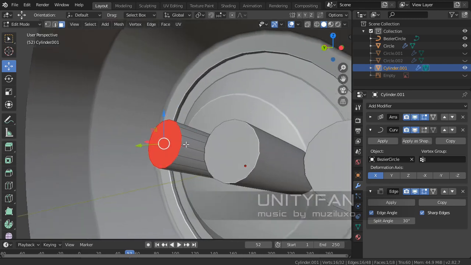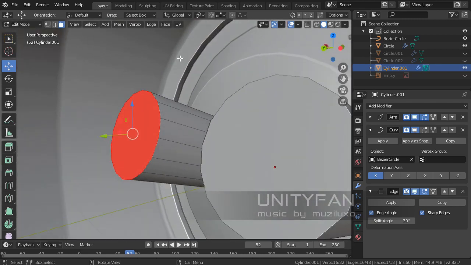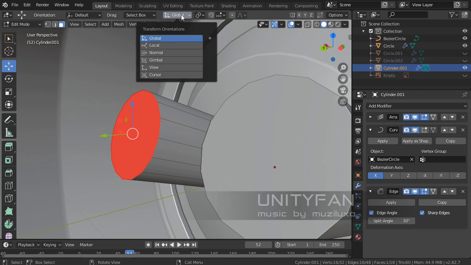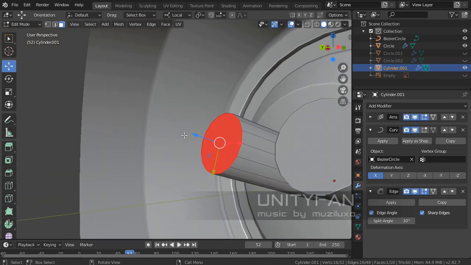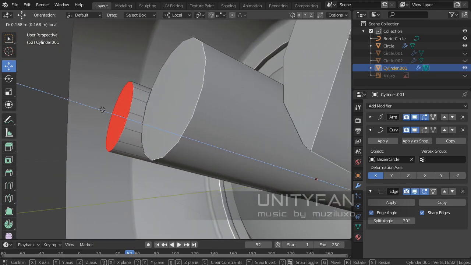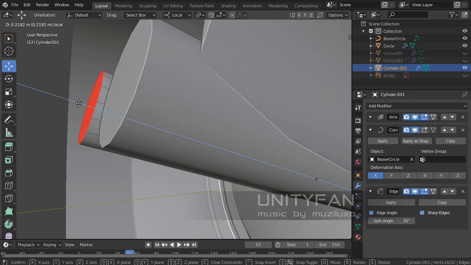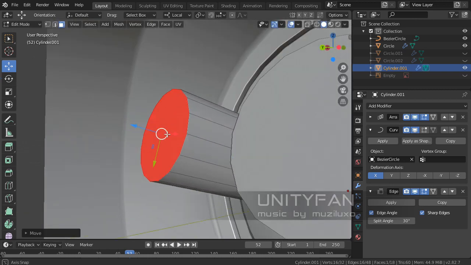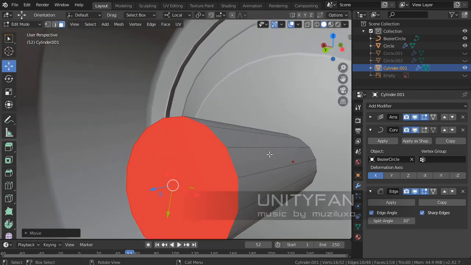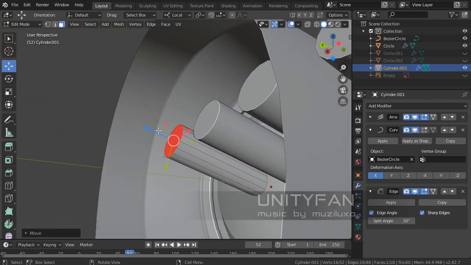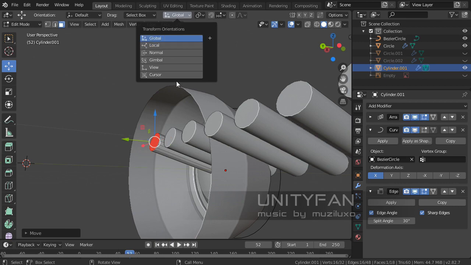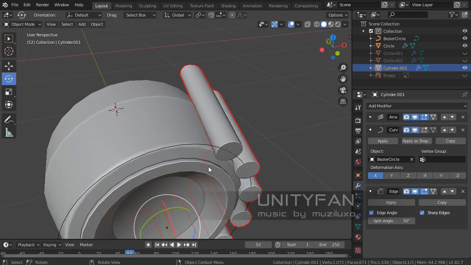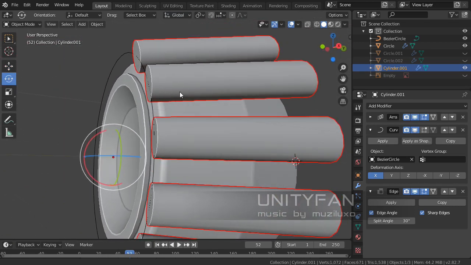In order to move it correctly, change global transform orientations to local transform orientations. Now you can move it straight parallel to the edges, so we can easily make it longer. And let's get back to global. Now it is longer,